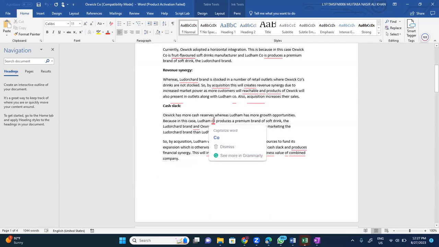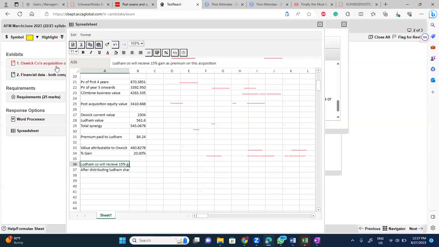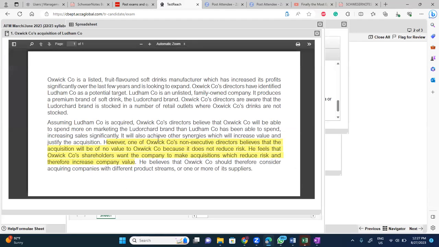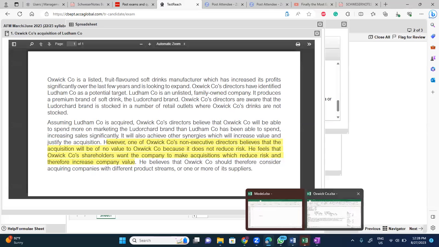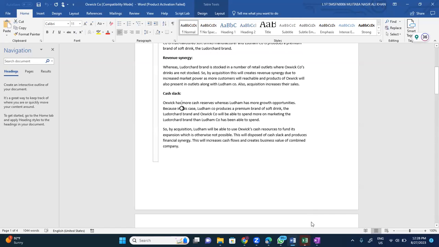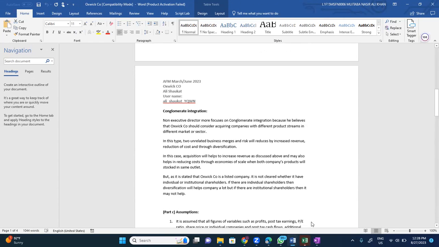Where did you write this from? Cash reserve. They write a line. Okay, you have taken this point, I think. Okay. So Oxwick will also be able to use cash reserves to fund its expansion, cash slack and produce financial synergies. Non-executive director more focus on congruent director because he believes that